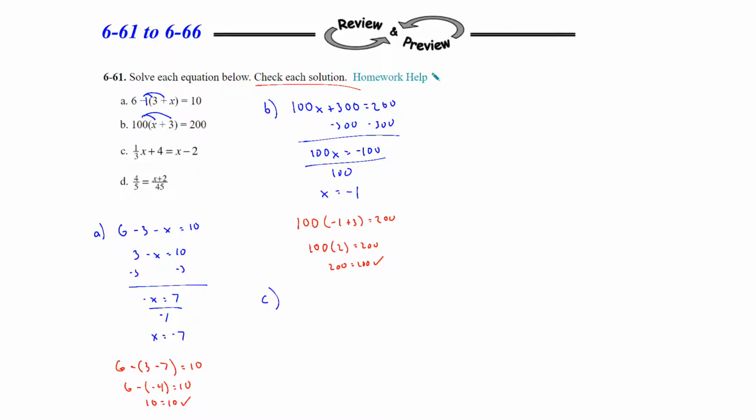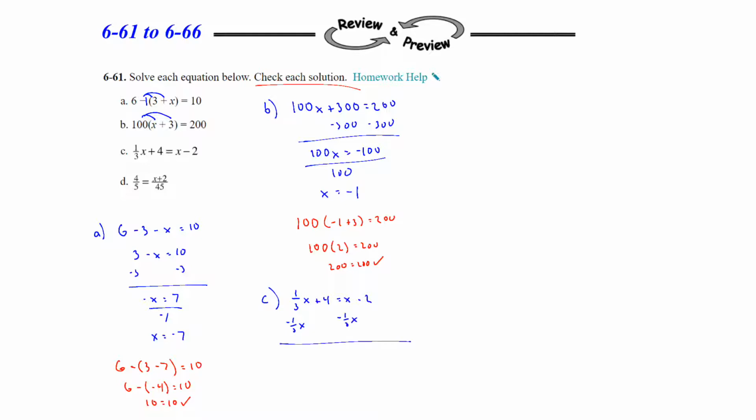Question C. We have 1/3 x plus 4 equals x minus 2. Now, in some cases, students or anybody really likes to get rid of the fractions, and you could do that by multiplying by the common denominator of 3. That's a possibility. I'm going to go ahead and leave it in this problem and then maybe address it on question D. So I am going to subtract the 1/3 x